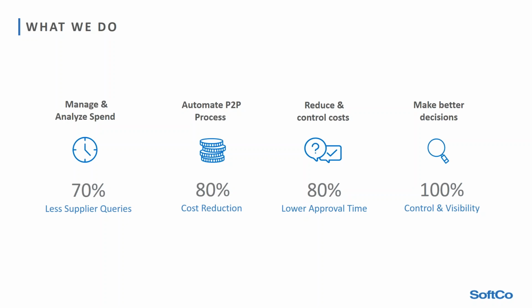The cost of managing and maintaining that process is reduced, and ultimately it allows a better supplier relationship through a better P2P process, with fewer supplier queries, so that everyone has more information and more visibility throughout the process. So, taking that to the next level,